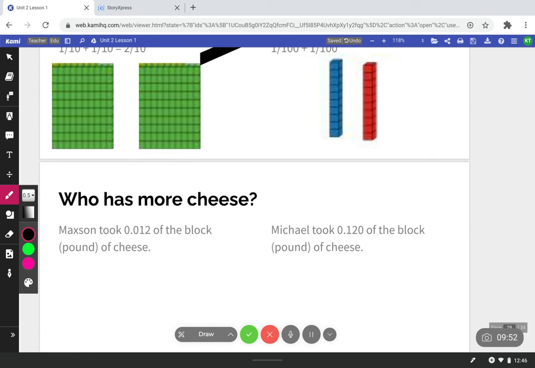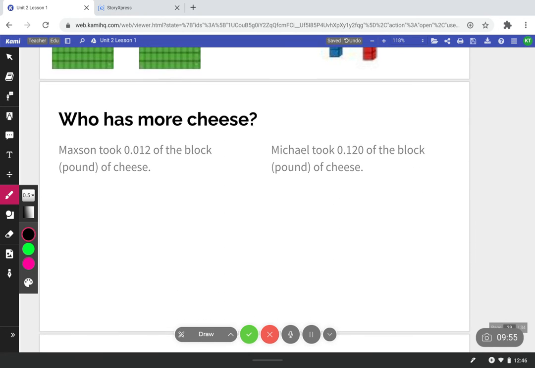Okay, let's do one more. Maxon took 12 thousandths of the block of cheese. Michael